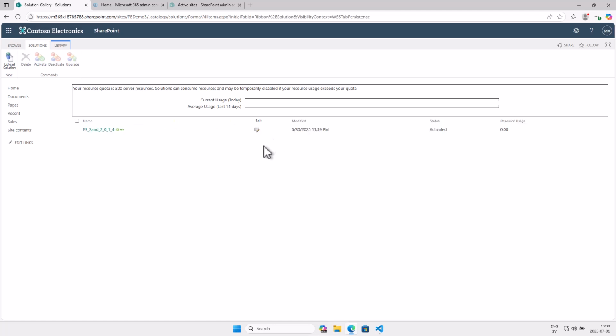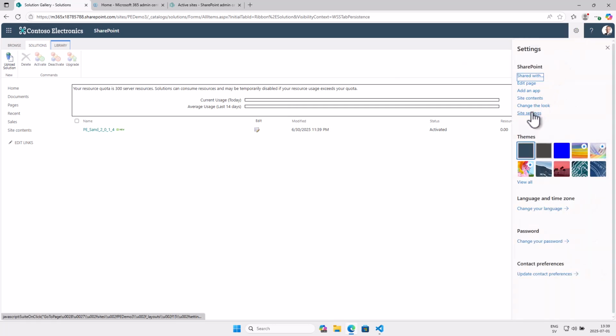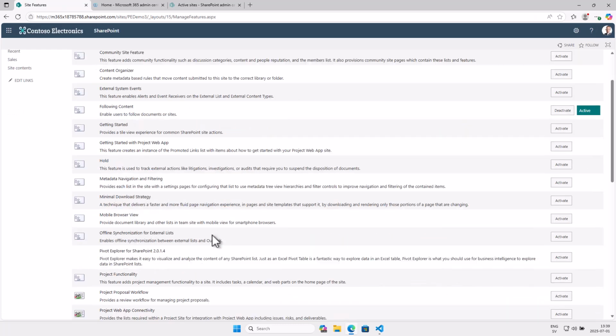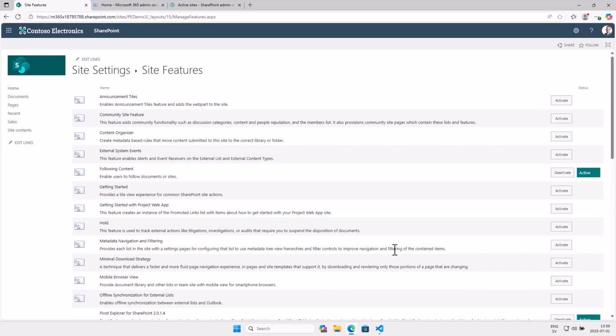To enable that feature, you go into Site Settings again, find the Manage Site Features, and now you have a new feature there. And it's called the Pivot Explorer for SharePoint. So you activate that, and then you go into your list again,